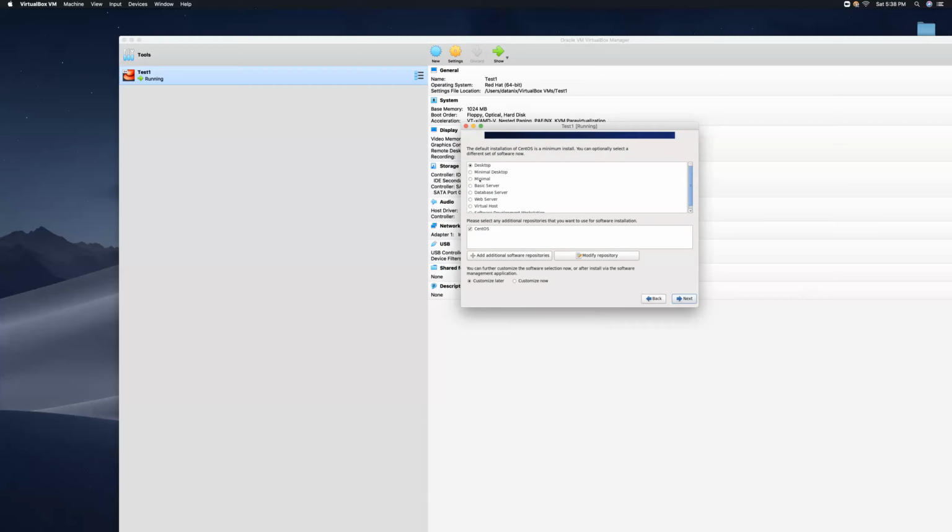It's just going to skip this part because we downloaded minimal. But because we downloaded the DVD, it's giving us all these options, so you can decide to have a desktop. Even though Linux is known for command line, if you also want a desktop interface, which is a graphical interface, just like a regular Windows 10, we can